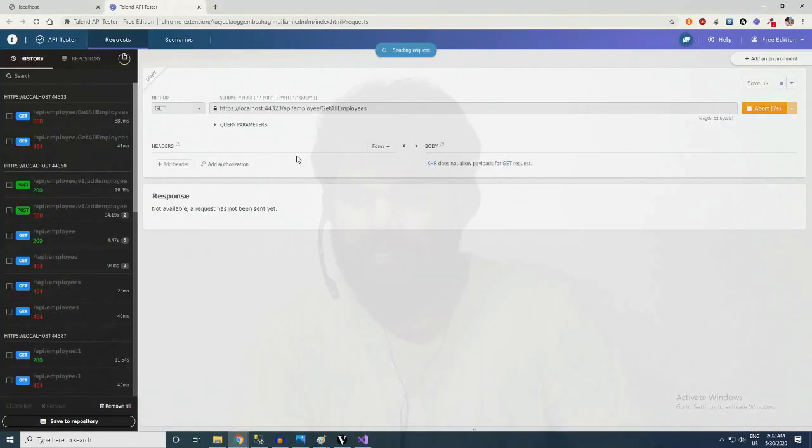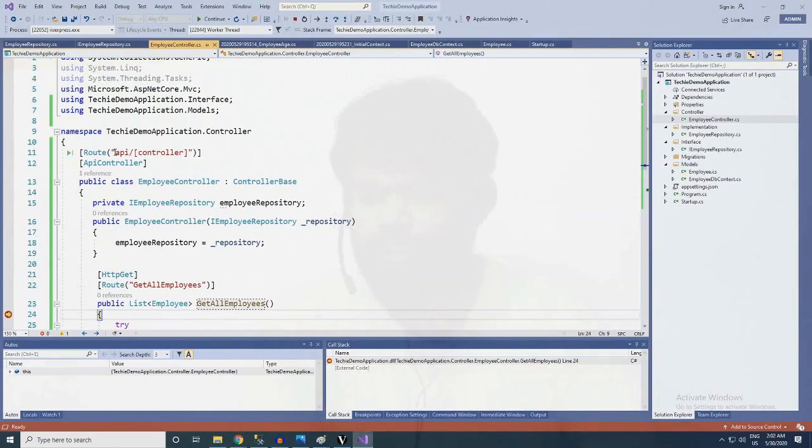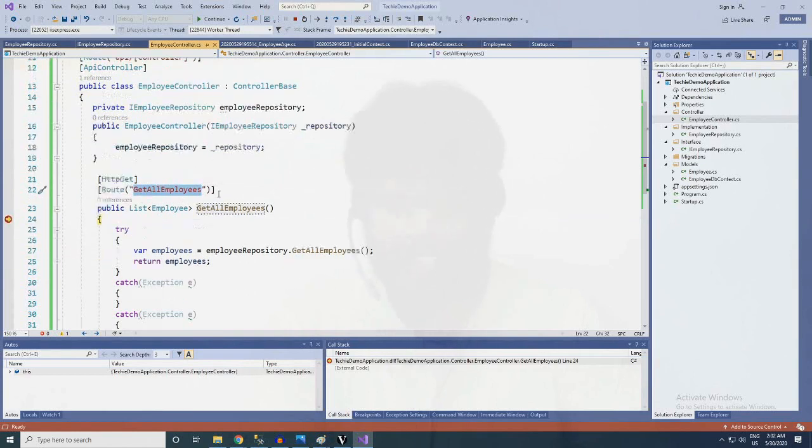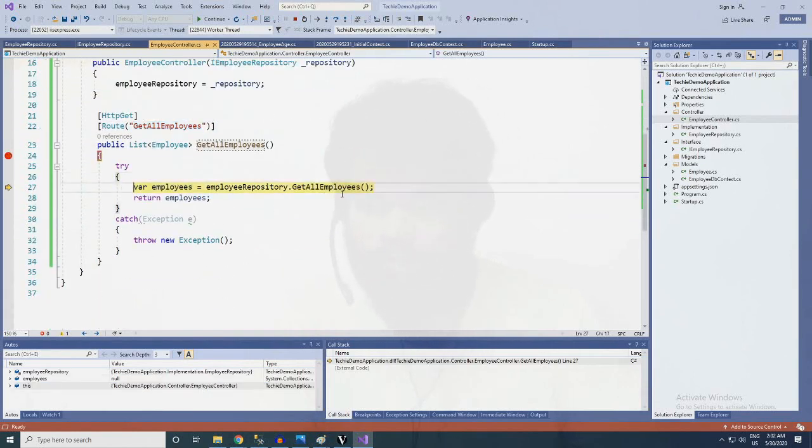Let me explain. This is the API link that we got using the browser here, and now API/employee/get all employees. By using API/employee it will be changed here, and now get all employees is routed to the application here. Let us click F10 to debug the application, and F10 again.